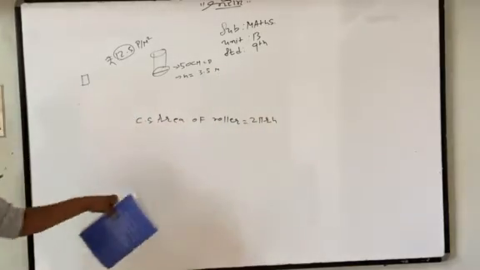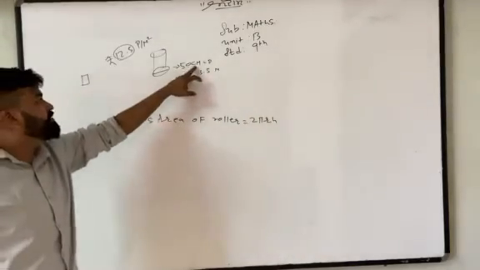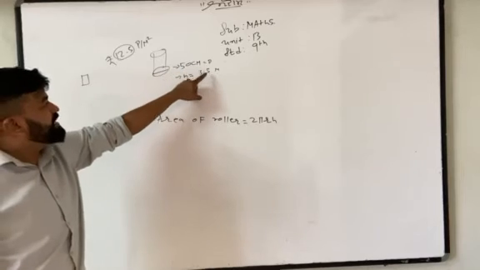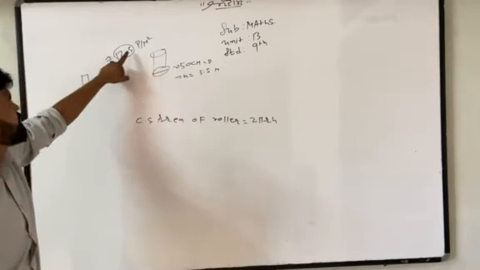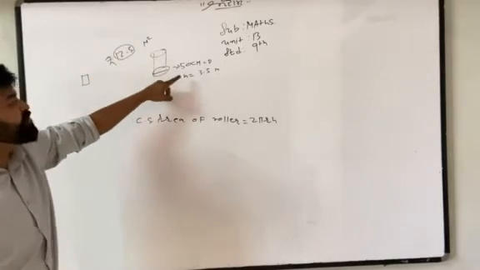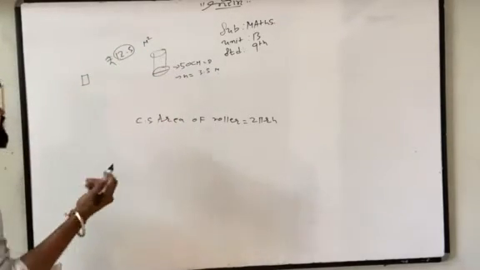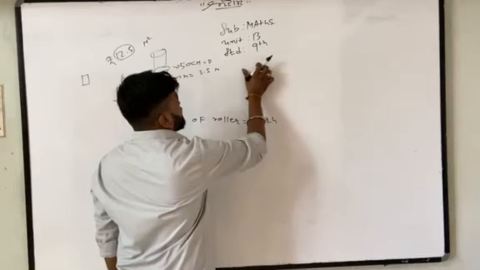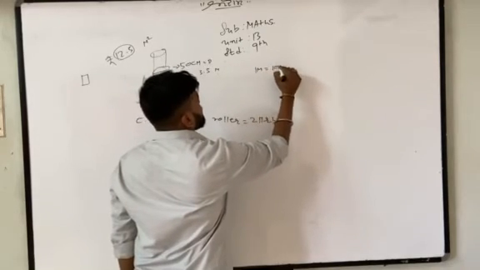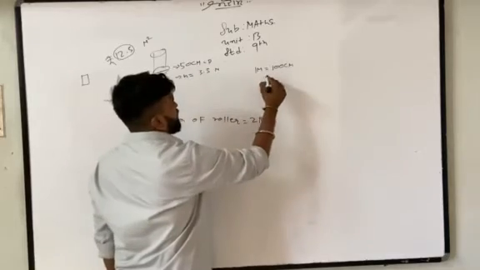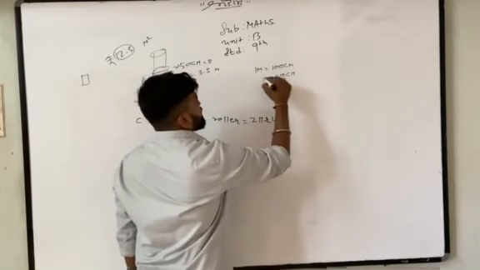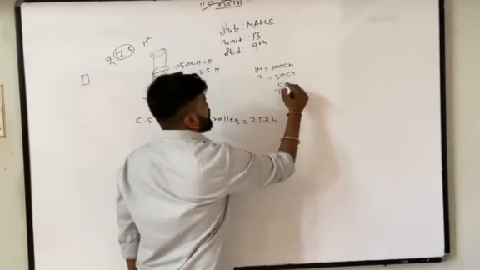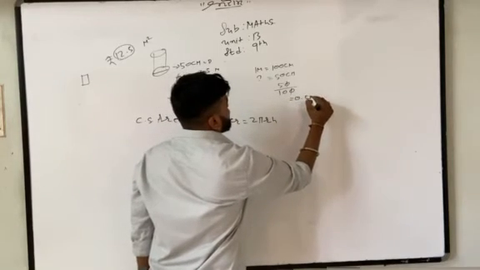What we need to do here, both the units are different. First is in centimeter, second one is in meter. So what will we do? Either convert centimeter into meter or meter into centimeter. But the price is per meter square, so we would like to convert the centimeter into meter. If 1 meter is equal to 100 centimeter, then 50 centimeter is equal to how many meters? Take a cross multiplication. This will become 50 divided by 100. Zero cancels. Our answer is 0.5 meter.